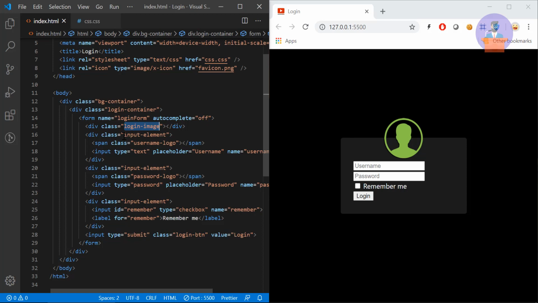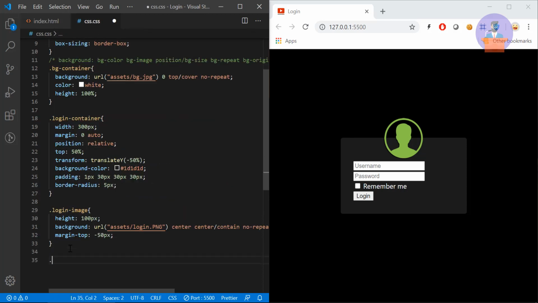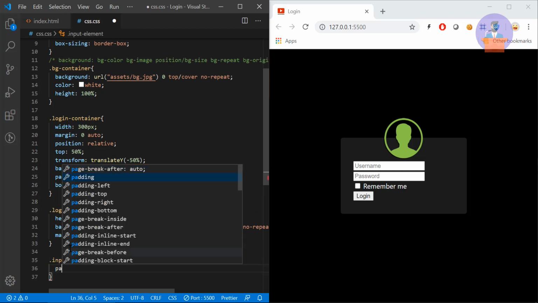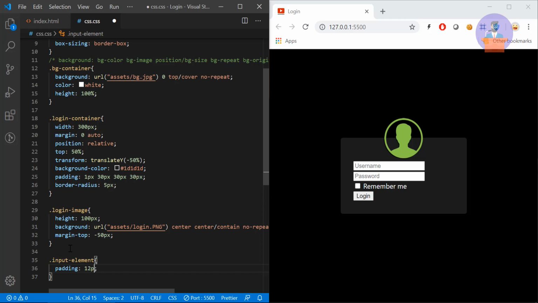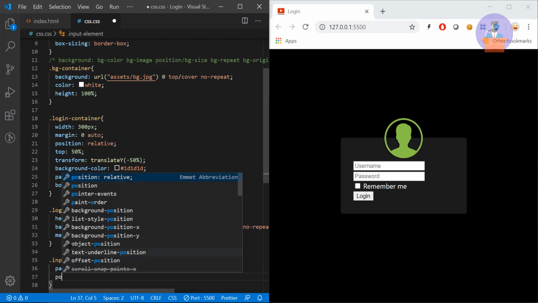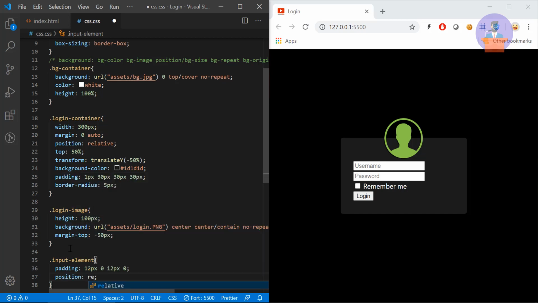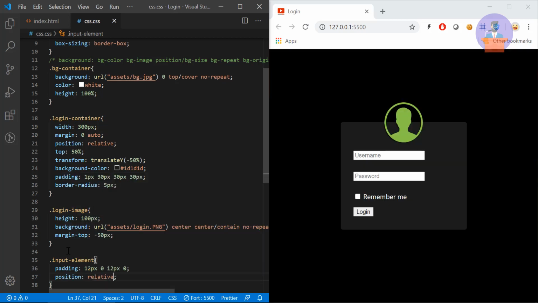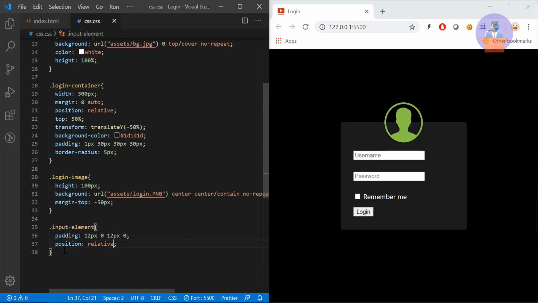So let's just provide CSS to our input element, and here I'm going to provide padding, top as 12 pixels, right as 0, bottom as 12 pixels, and left as 0, and position will be relative. Okay, I'll tell you why we have provided position relative to every input element.